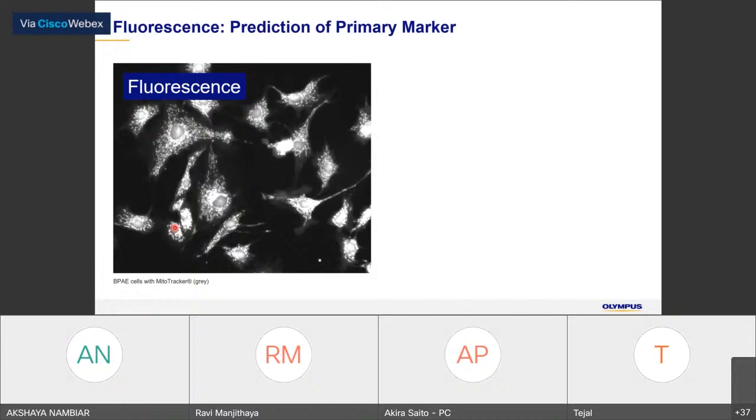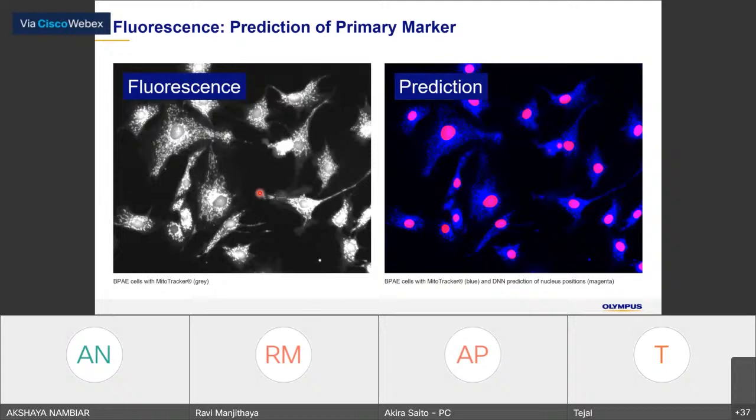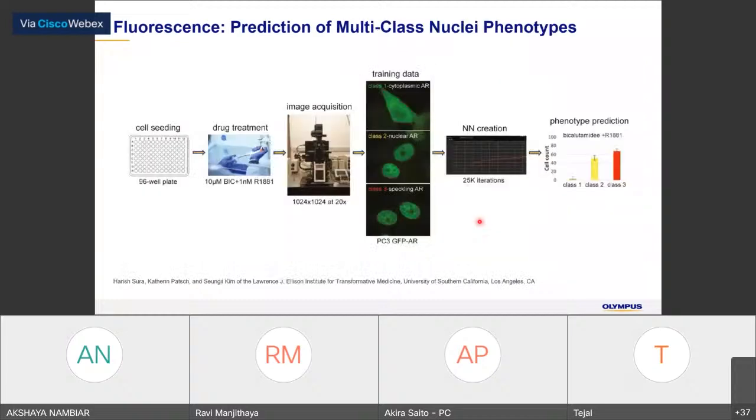But by using just the intensity information, it is very difficult to identify where the nucleus is. But of course, by using the neural network segmentation, we can easily identify where the nucleus is. Even if it is not stained, we can guess where the nucleus is.